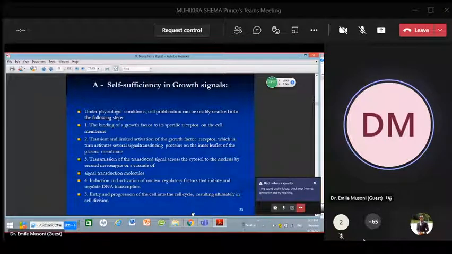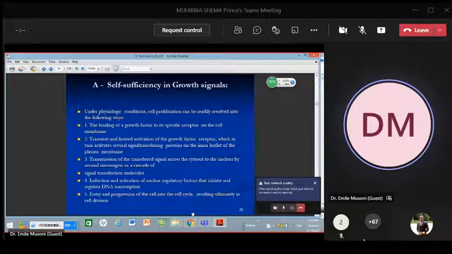Self-sufficiency in growth signals. Under physiological conditions, cell proliferation can be resolved into the following steps. The binding of growth factors to a specific receptor on the cell membrane. Transient and limited activation of the growth factor receptor, which in turn activates several signal-transducing proteins on the inner leaflet of the plasma membrane. The transmission of the transduced signals across the cytosol to the nucleus by second messengers